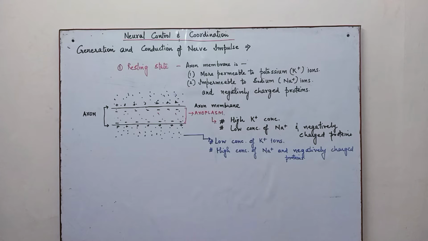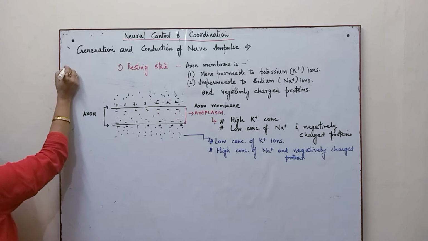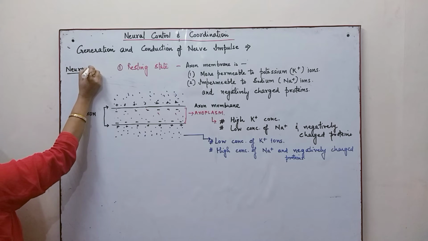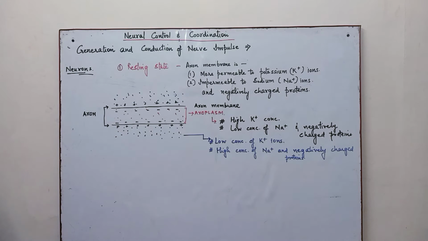Now, neurons are actually excitable. Excitable means that they are first in the resting state, and later on they enter the excited stage, or they have the action potential. And the reason for the neurons to be in the resting stage is because of